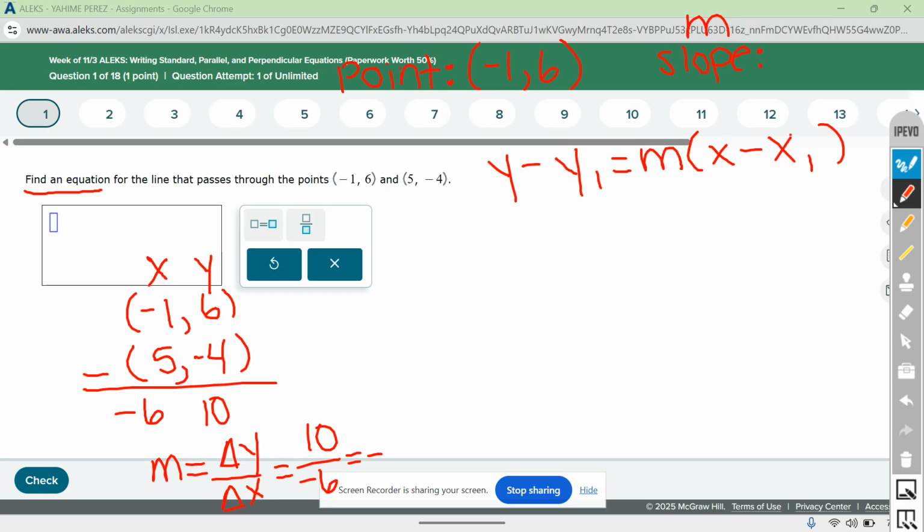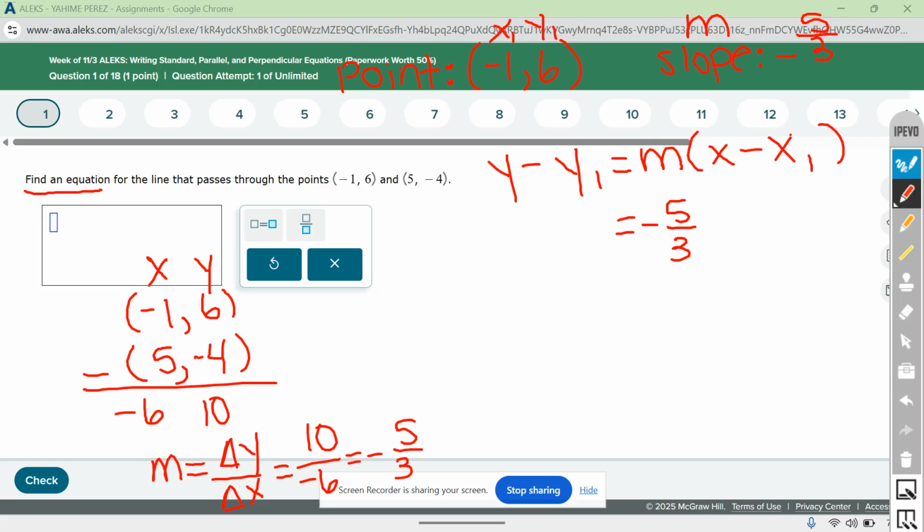There's only one negative, so one negative is negative. If there were two negatives, that would make it positive, right? So this simplifies to -5 over 3. So my slope is -5 over 3. That goes where I replace the m with -5 over 3. And then this point